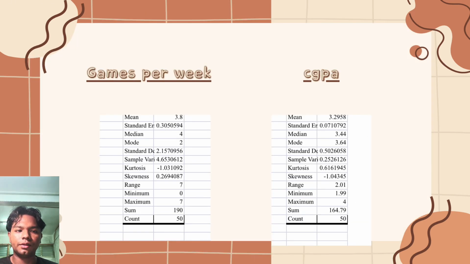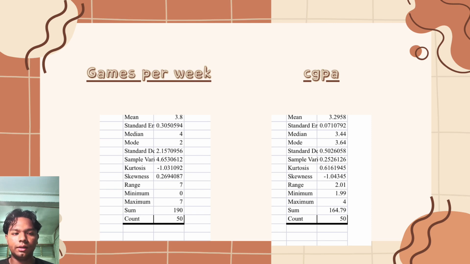Next, I will explain the summary of CGPA data from our 15 respondents. Based on the analysis, the average CGPA is 3.30. This shows that overall the students in our sample perform at a fairly good academic level. The median CGPA is 3.44, meaning half of the students score above 3.44 while the other half score below it. Meanwhile, the mode is